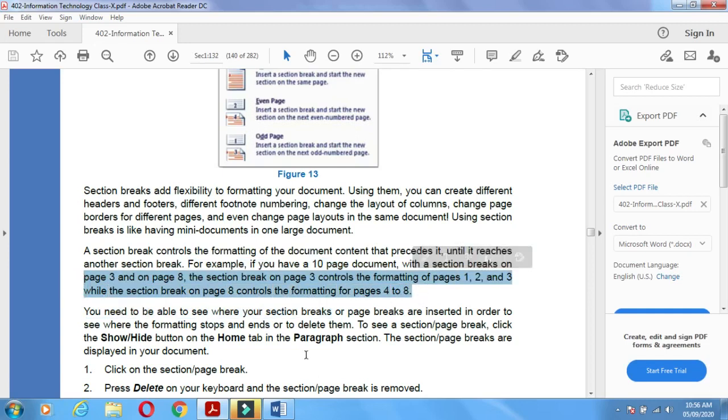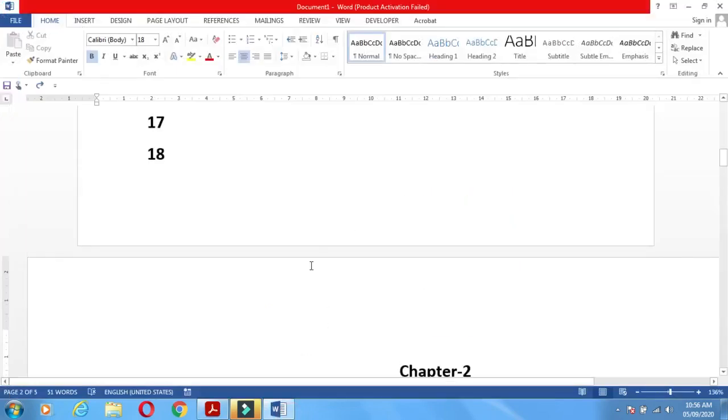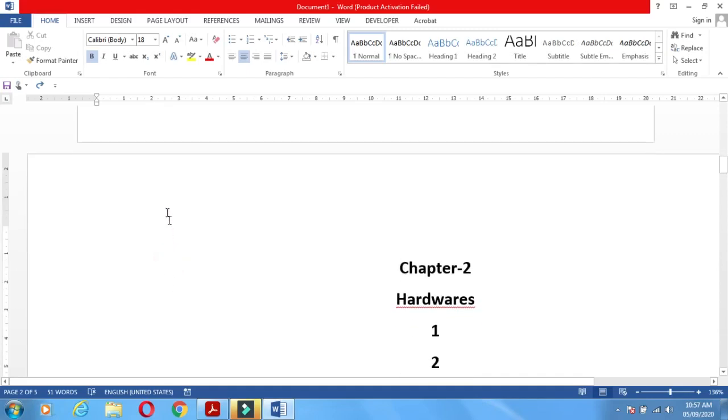Yes, the same way, here we have applied the section break on the second page. Correct? Whatever settings were applied earlier to page 1 apply only up to page 1. The new setting will be applied on the second page, because we have applied the section break here. Understand?